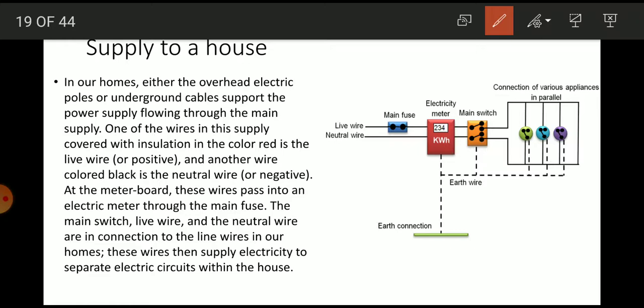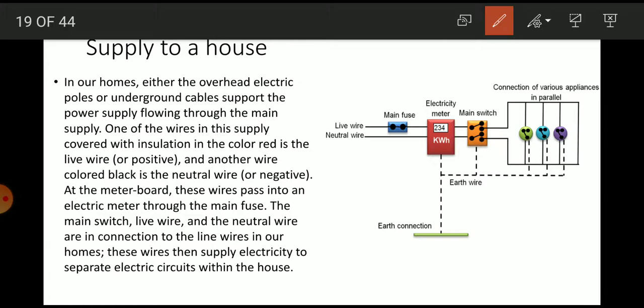If the insulation is damaged and the live wire touches the metallic part of an instrument, to avoid electric shocks, the earth wire will be given. Whenever the live wire touches the body of an electrical appliance's metallic part, and you touch that metallic body, it can cause damage to you. So to avoid damage, an earth wire is given to each instrument.